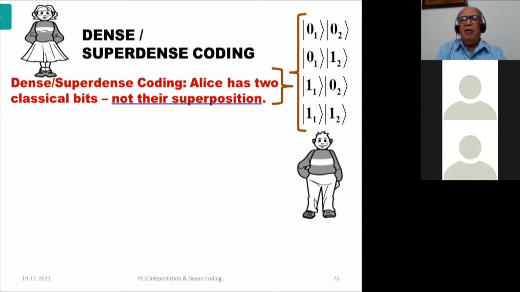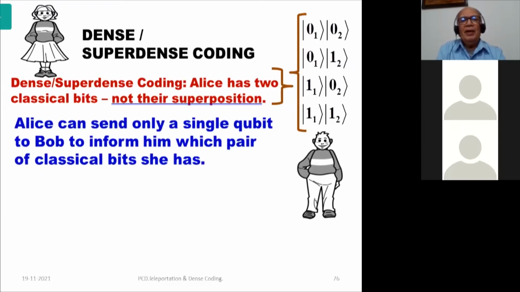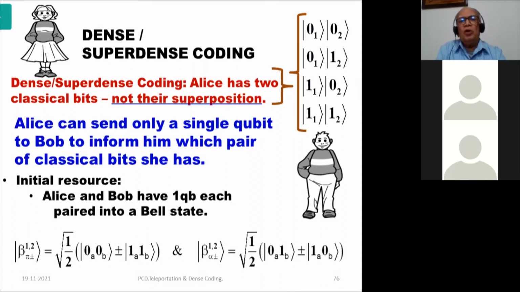So this is the pair of classical bits that Alice has, and she must use no more than a single qubit, but they do have some additional resource with that. What do they have? They have a pair of qubits with them in a Bell state. These are correlated qubits,